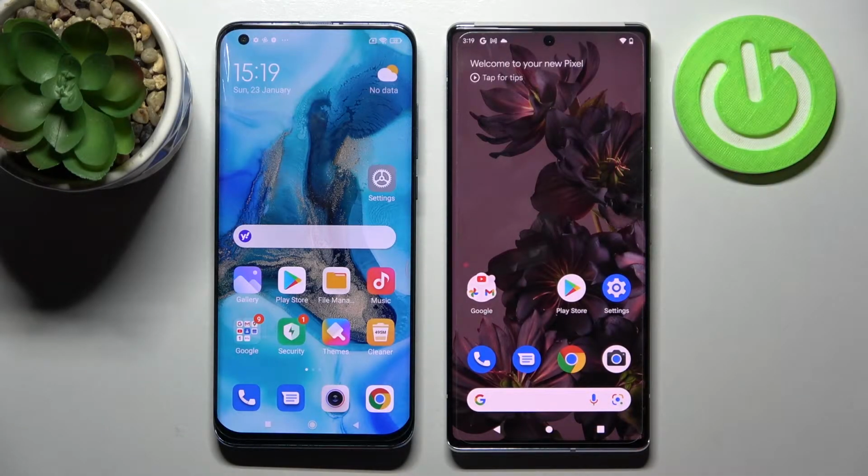Hi! Today I would like to show you how you can transfer files from an Android device to Google Pixel